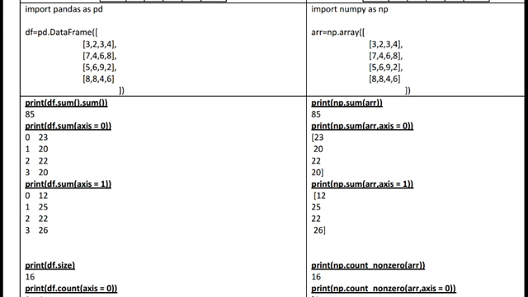So instead of sum we can use max. Instead of max we can use mean. Min, minimum. Mean means average. We can also perform median. We can also perform mode. We can also perform standard deviation. We can also perform variance.